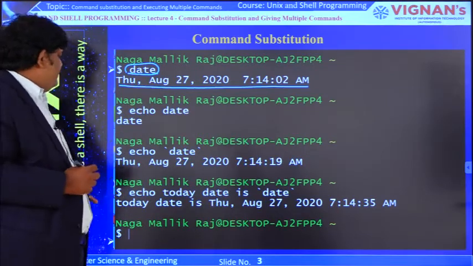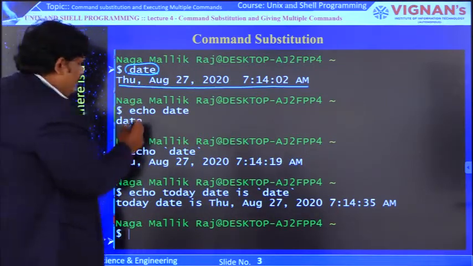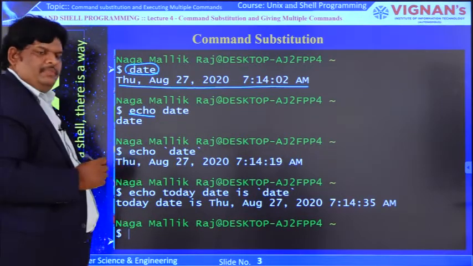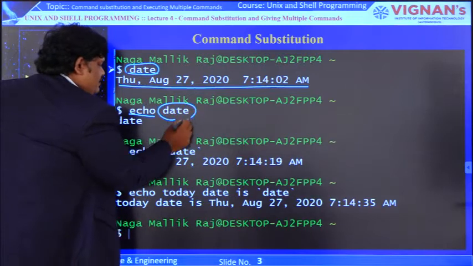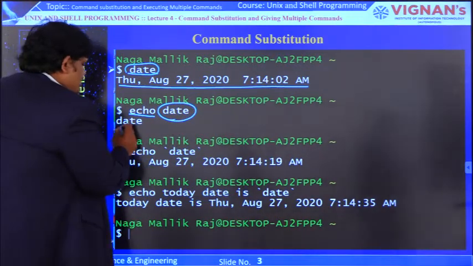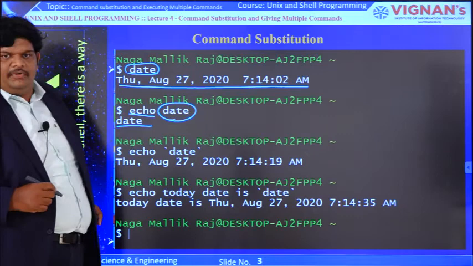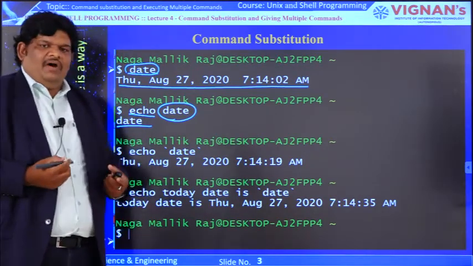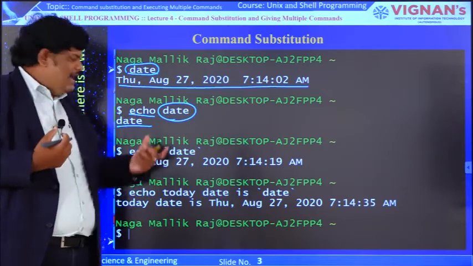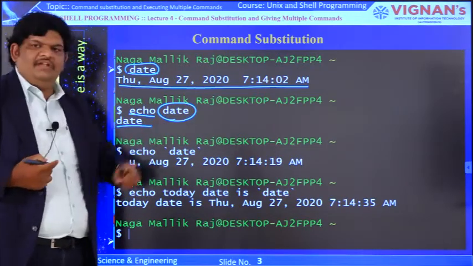Now let us see the second example, where the echo command is there. What is the role of the echo command? Whatever string we give to the echo command, it will display to the standard output. But my main intention is that I want the output of the date command, and this will never happen. Why?